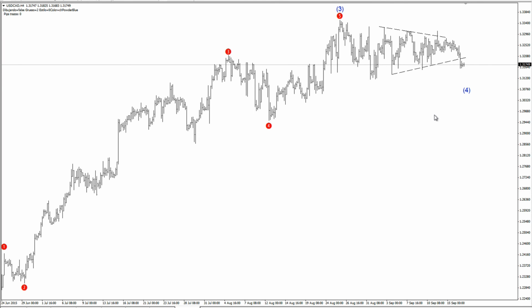If the FOMC today is positive for the dollar, I think we should see a powerful move higher, and this would be in line with the view that the fourth wave is over and this is just a throw over from the triangle and will result in a sharp upwards move. Okay, key levels in US dollar Canadian: 131.4 is the next support on the downside,